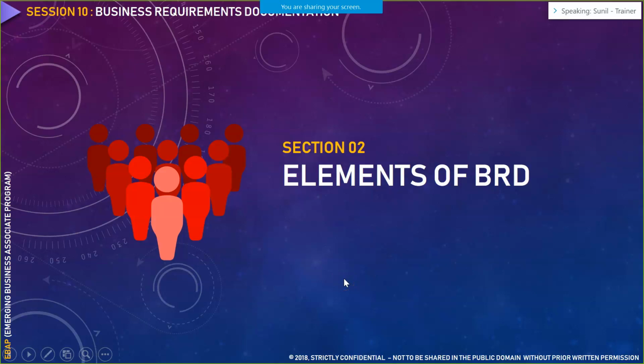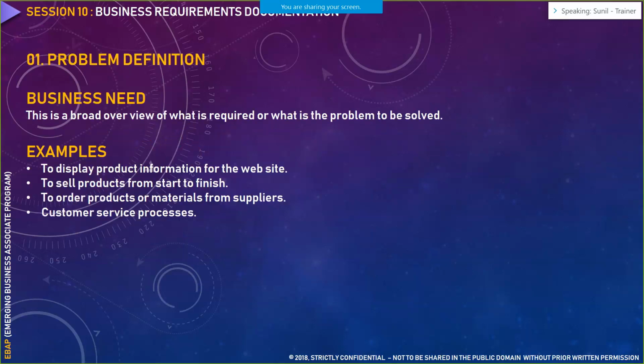Now, we understood a little bit of BRD, like why it is there, what it is supposed to have, the scoping part, the project description, the project brief. Now we would individually explore single elements that are there in a particular BRD. So whatever BRD template you pick up, these would be the common elements that are present in any BRD.